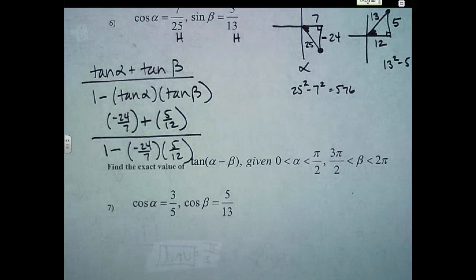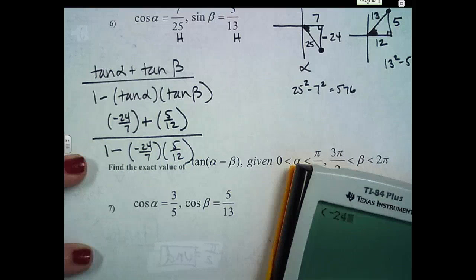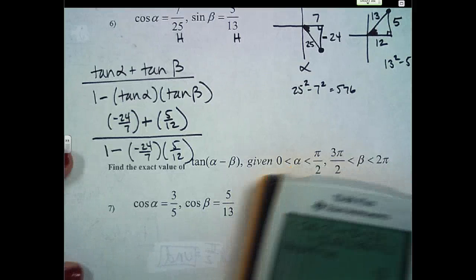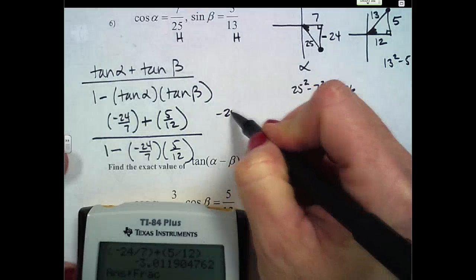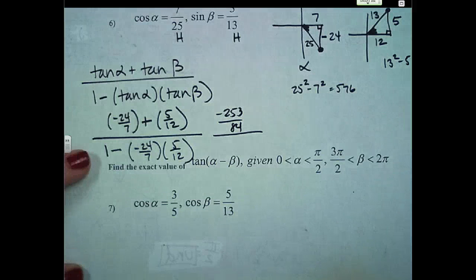What'd y'all get for the numerator? Negative 253 over 84. And then in the denominator,